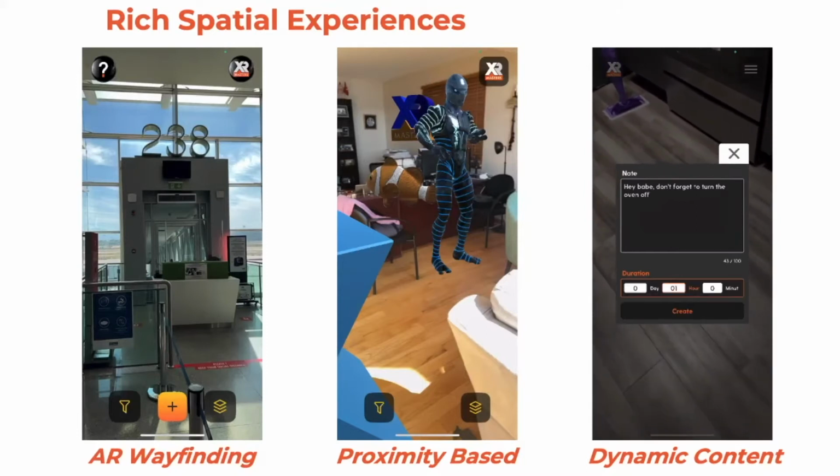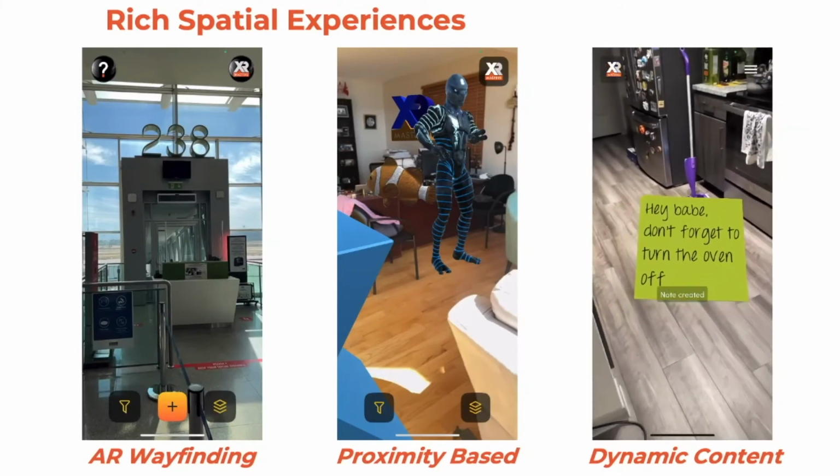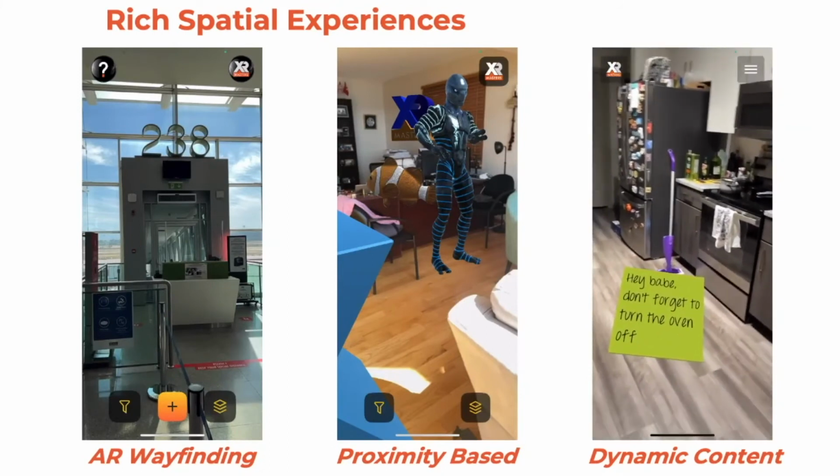In this case for 1 hour, and boom, you can see that there is this spatially located content at the user's kitchen. This can also be developed in a way that the user can choose by whom this content can be viewed. For instance, this note is being placed by a user for her husband to view when he comes home.